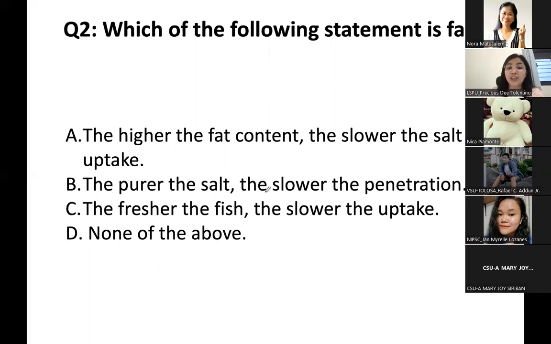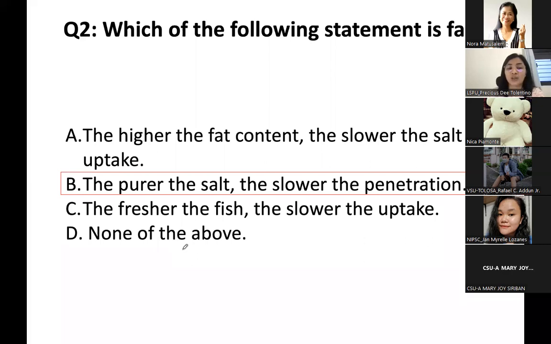Letter B, the purer the salt, the slower the penetration. C, the fresher the fish, the slower the salt uptake. And letter D, none of the above. So ano ba yung correct answer? So the correct answer, class, is the purer the salt, the slower the